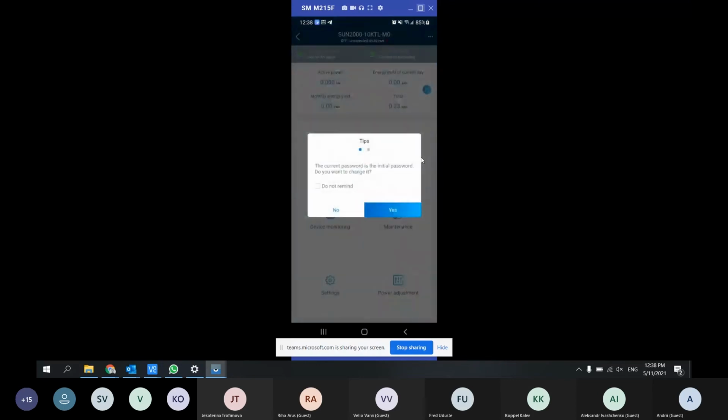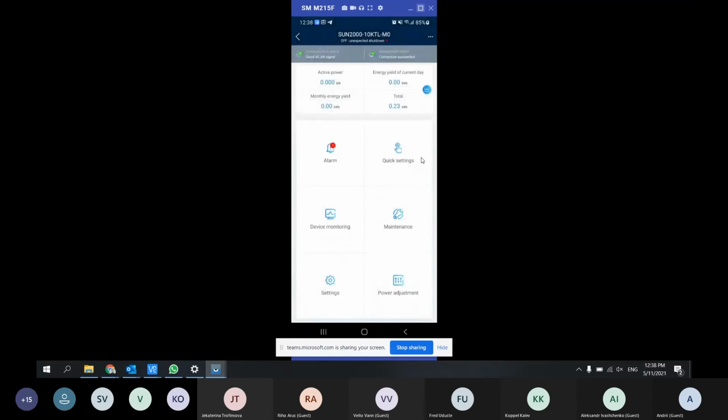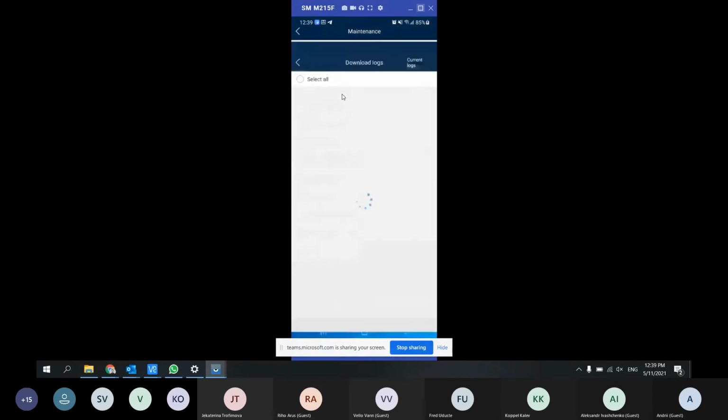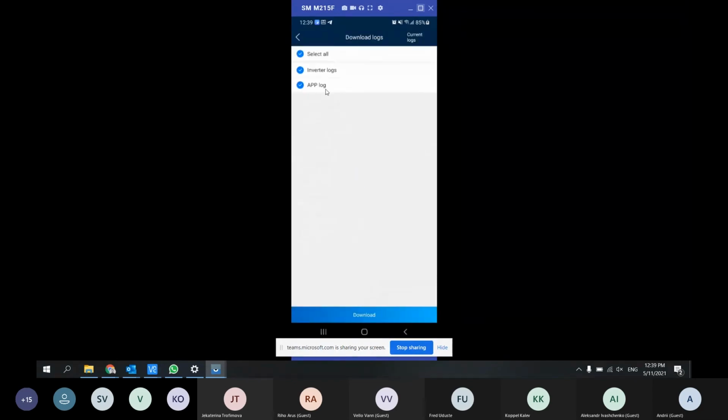Okay, so logs is in the maintenance chapter here, and here is log management, the third one. If you see here, log management, you click it, and you choose what log to download. You can download together with the app log, but usually it isn't needed, but you can download everything.